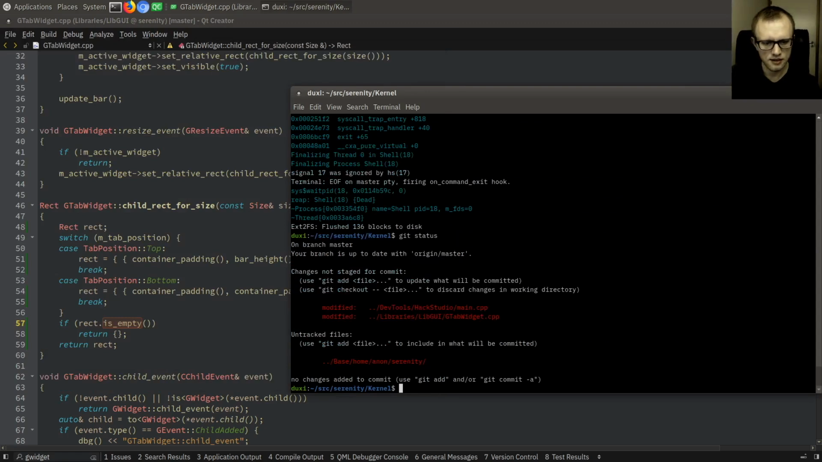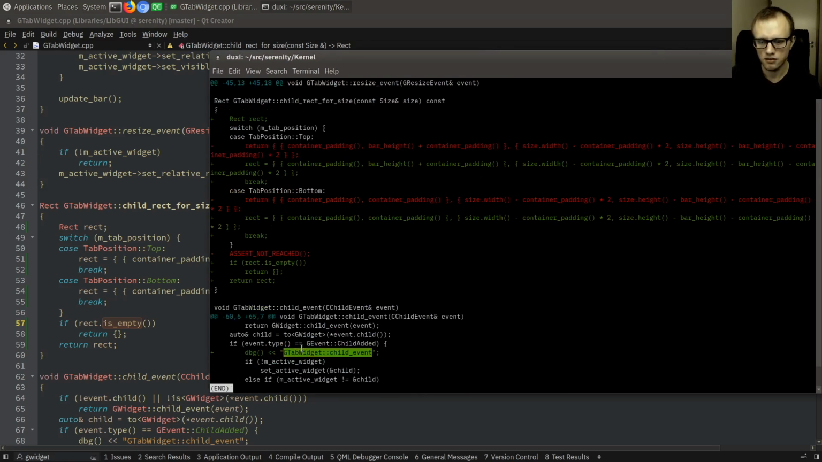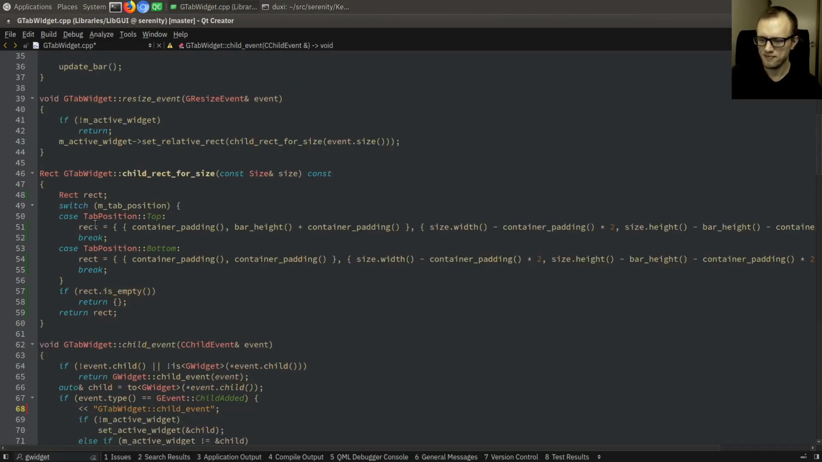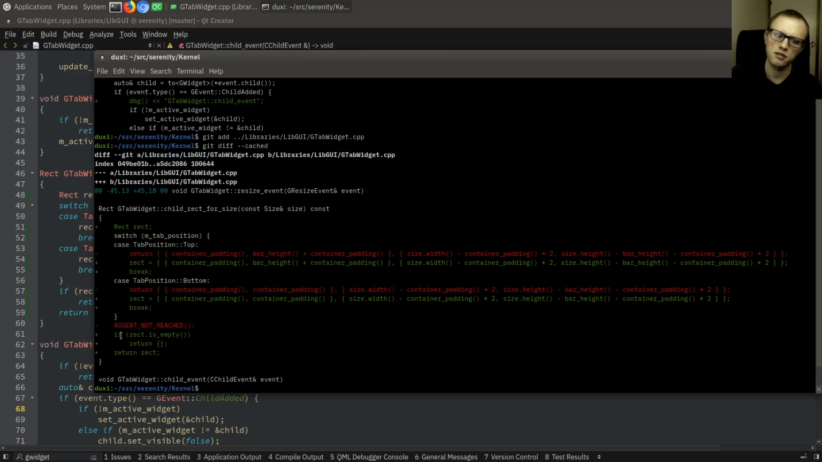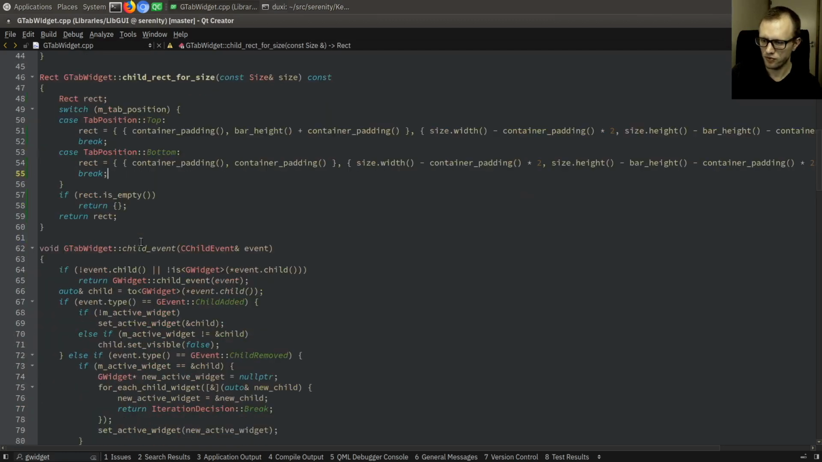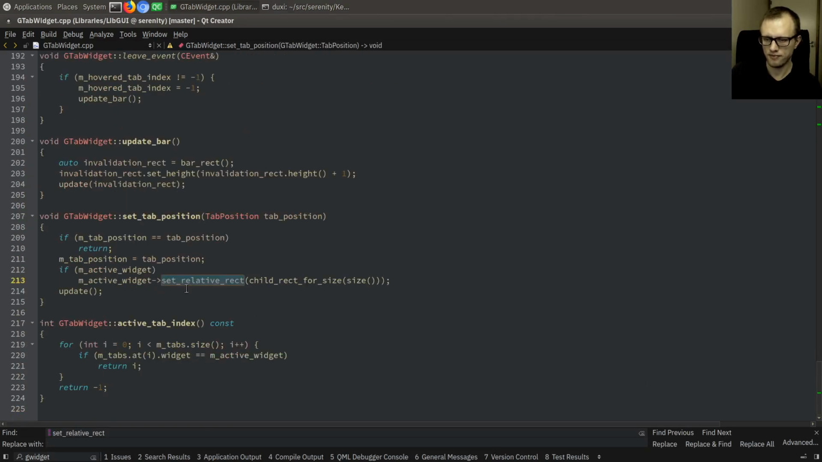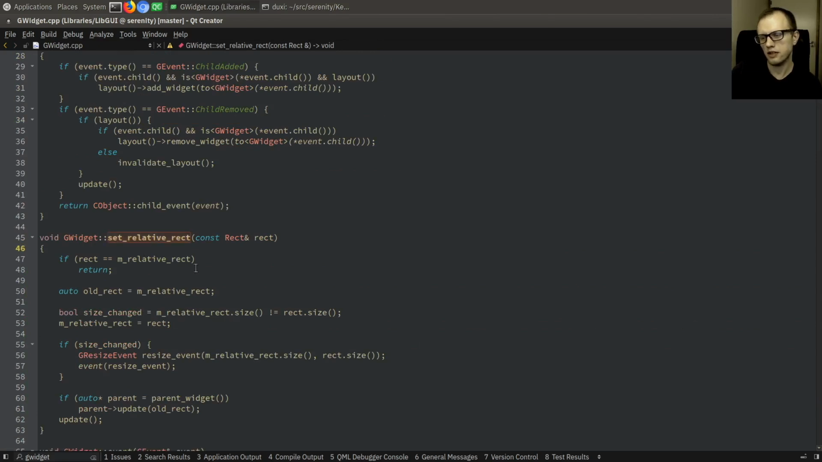Cool. Let's commit that. So what was this change in the GUI here that we just made, child rect for size? Oh, we don't want that one. Child rect for size, we want to make sure that the empty rects are just 0, 0, 0 by 0 pixels to prevent trying to set a goofy size on the child. Set relative rect. And I guess in GWidget set relative rect, we could also,